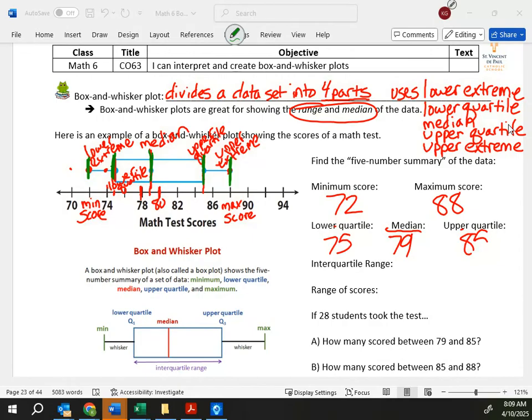So, we know that we have our lowest score and our highest score. So all of the scores on the test range in between those two scores. So when we talk about the interquartile range, we're not talking all of the scores, we're talking,